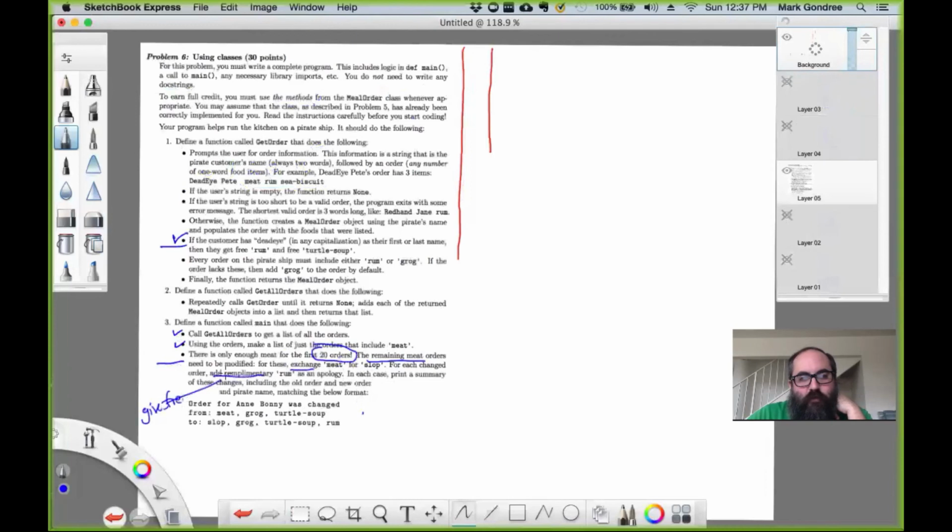This is give free. This is exchange. In each case, print a summary of these changes, including the old and the new order, and pirate name, matching the below format. So when we change something, an order into a string, it would look like this green thing, right? And so if I can print the order before and then the order after,